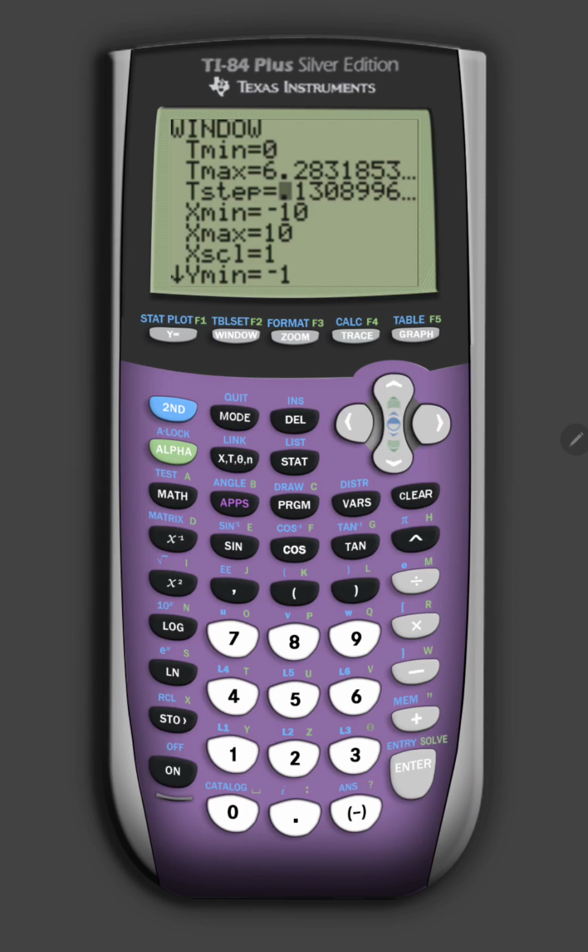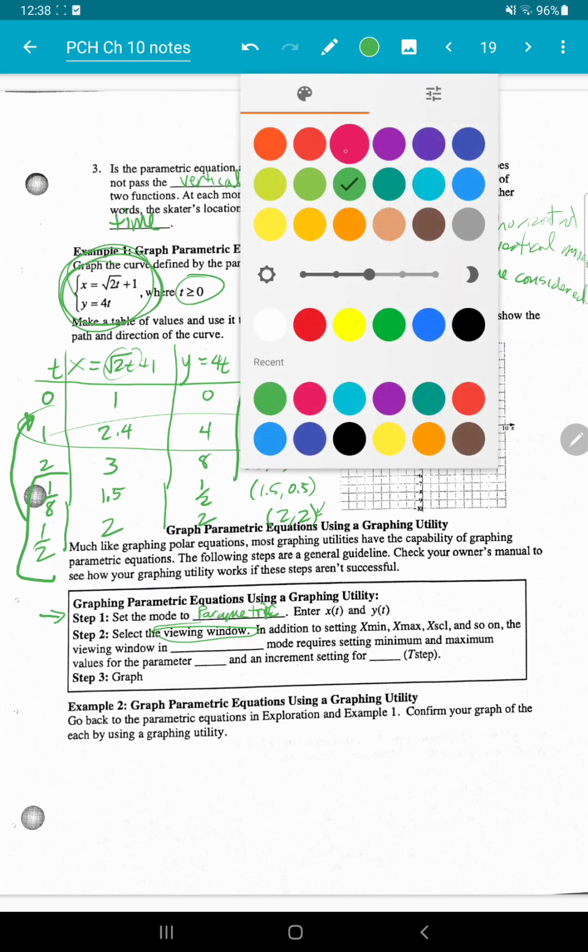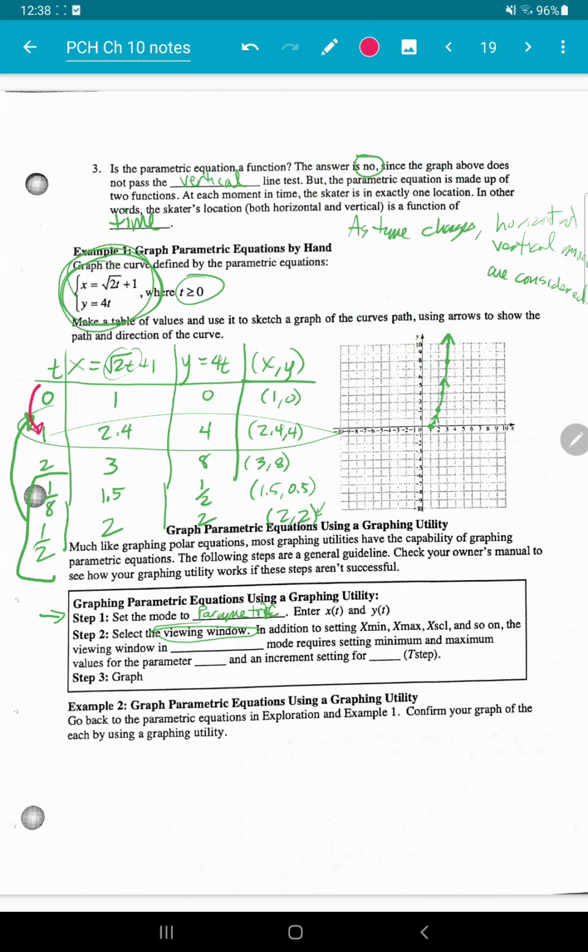time variable in it. We're saying that time starts at 0, that's the t min, and we're going to a t max of 6.28. So it's going as far as 6 seconds, if you would like to call it that, right? 6.28 seconds. And then the t-step means how many times are we going to break up the interval of time. In the case that we saw in our example here, we started off having intervals of 1 second, but